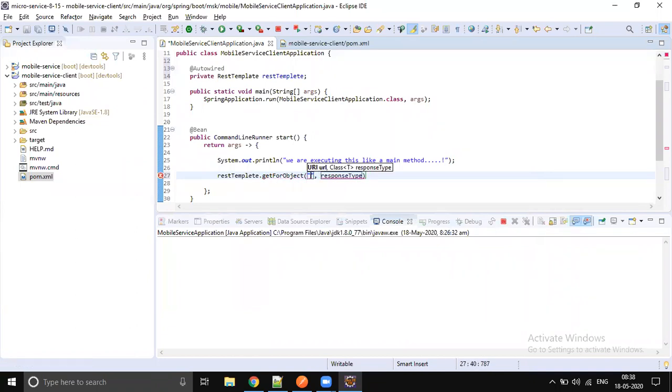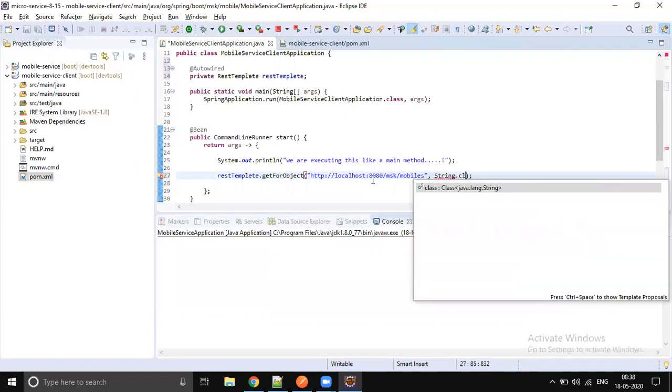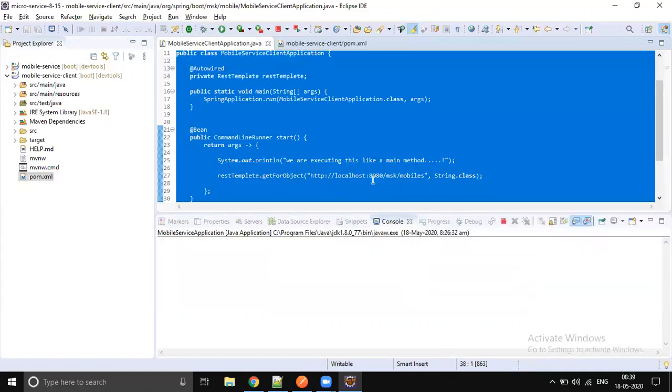For the URL for now, let me hard code it. Later we will move this to a properties file. It's going to be localhost:8080/msk context path/mobiles. Let's hit the get all mobiles API, and for now just put the response in a string, a JSON string.